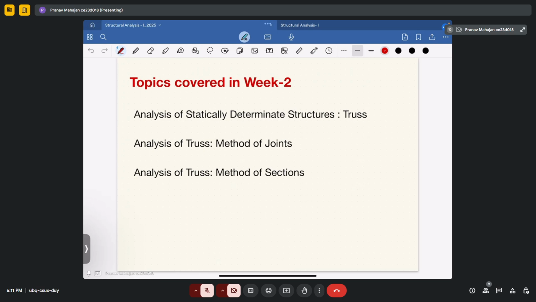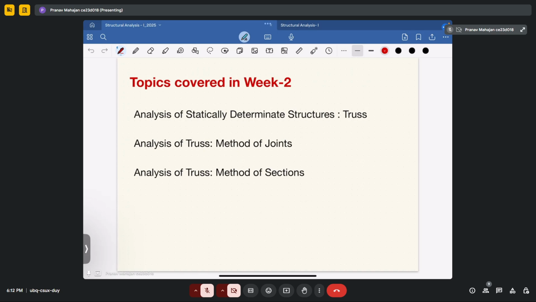You will cut the truss in such a way that three forces or more than three forces will come into picture, but this should be in such a manner that all the forces will be equal to 0, but only one unknown force will come into picture,